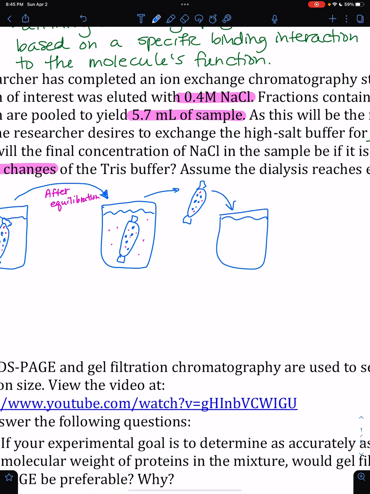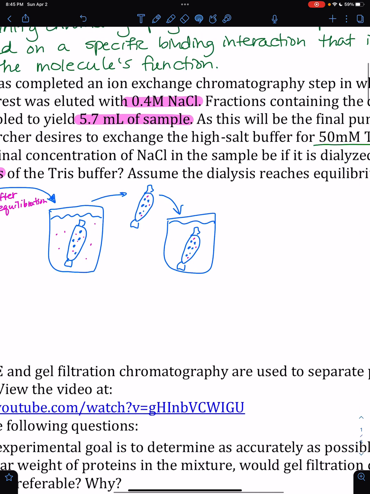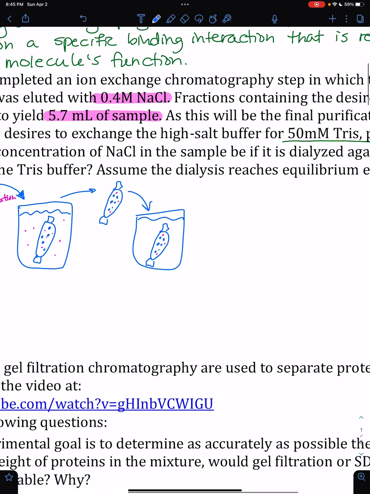So that goes in here. Actually, I'm going to make use of the copy and paste function here. I'm going to copy it. And there we go. I've put it in the beaker. Okay. And so that's going to have an equilibration process, right? And at the end of this process, so this is after equilibration,